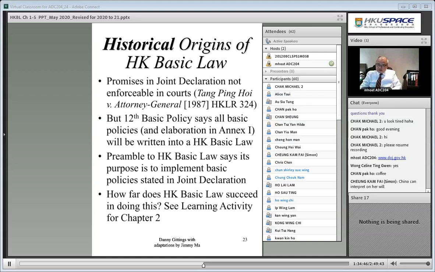The 4th point is the preamble says its purpose is to implement the basic policies stated in the Joint Declaration. And the question here is, how far does the Hong Kong Basic Law succeed in doing this? The question is for Chapter 2,